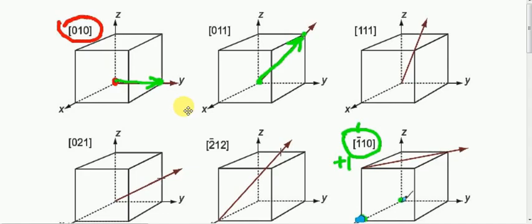Now let us find the crystallographic directions for this. You can see it is along the B axis, or the Y axis. How can we represent this direction? And remember, a direction is always represented in square brackets. A crystal plane is always represented in parentheses. So this will be represented by 0 for the x axis, 1 for the y axis and 0 for the c axis. And how can we represent this? It is along the yz plane. For x it is 0, nothing. For y it is 1 and for z it is 1. So 0, 1, 1.